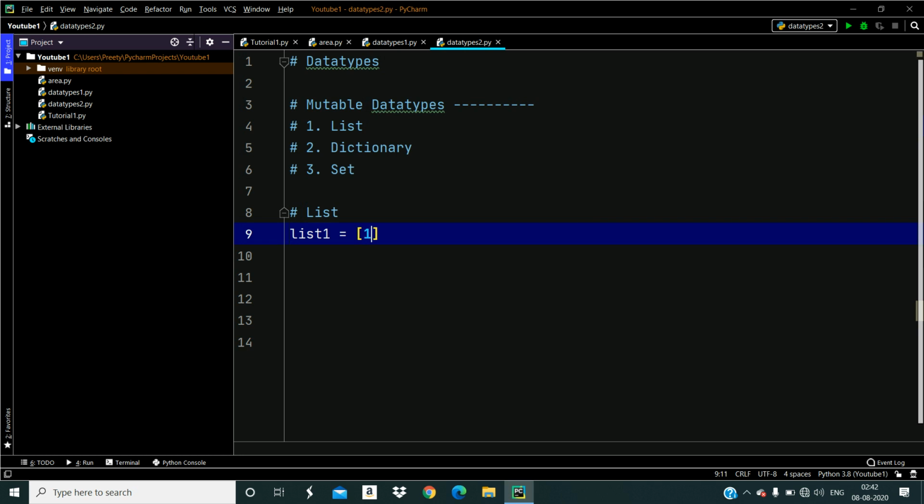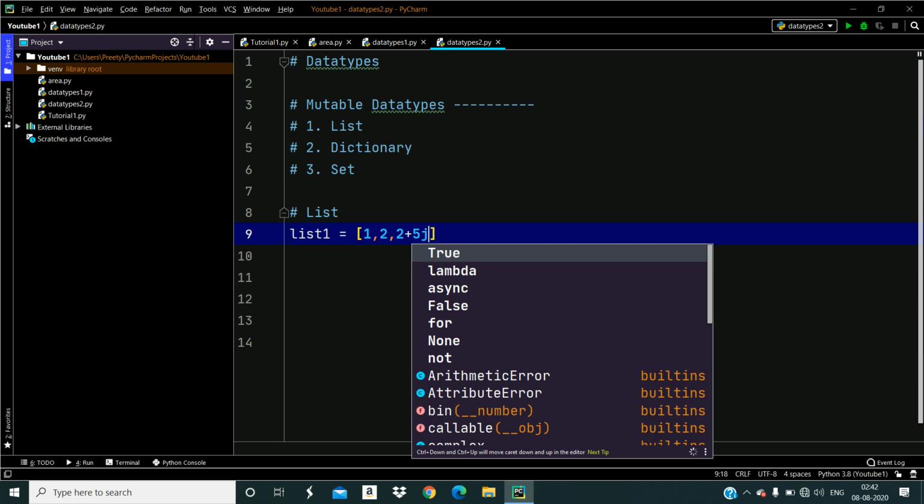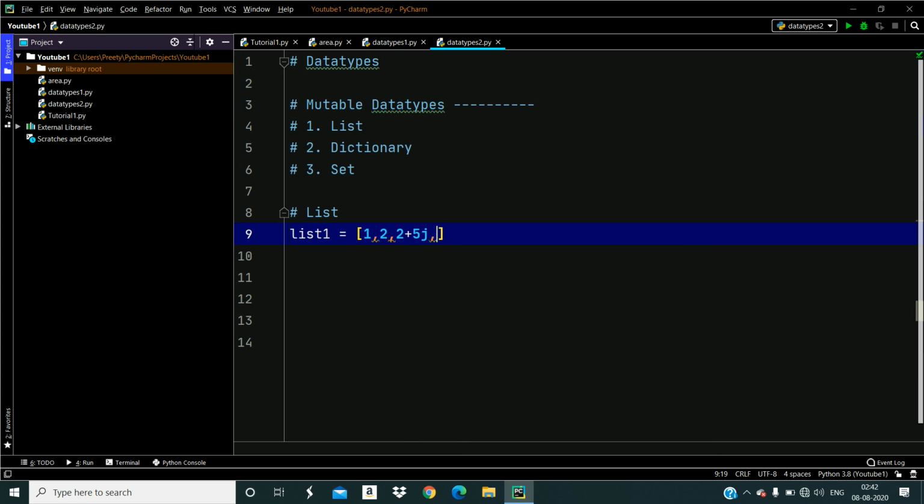You can use any data type: integer, 2 plus 5j, that is complex, which I already told you about in the last class, string, float, any value.